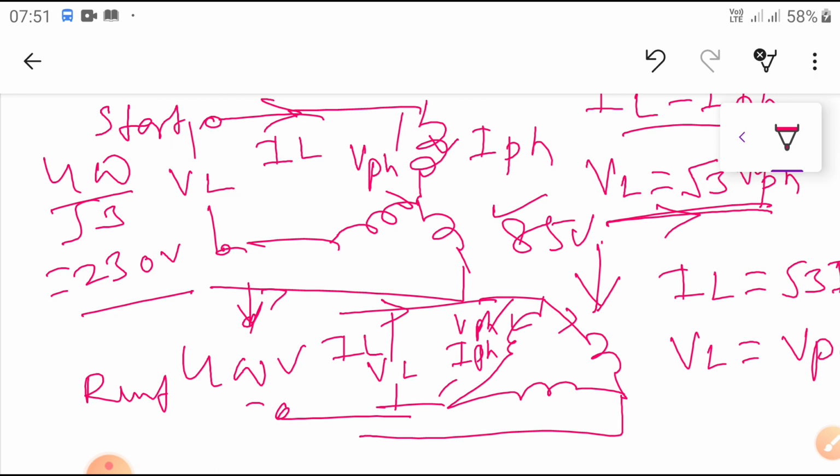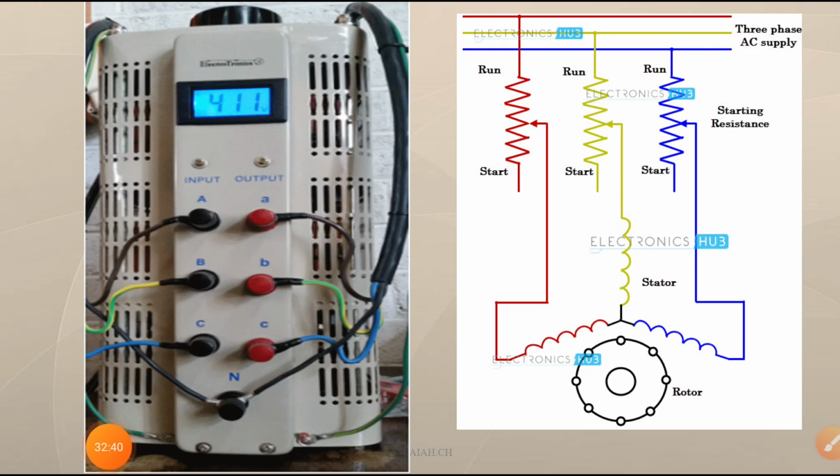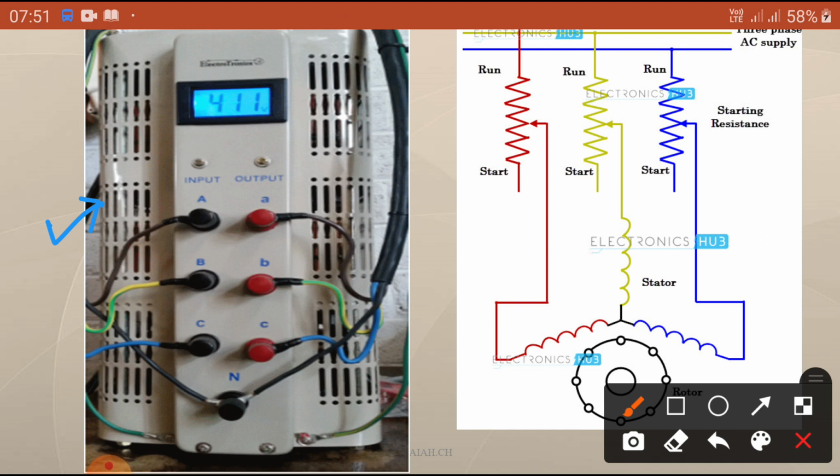Let us see the circuit diagrams in detail in PowerPoint. Okay, dear students, you can see this is the practical circuit diagram. This is a practical variac, the latest variac. Normally, as we have seen, this is the input side and this is the output side. Here you can see the R, Y, B input: this is the R phase, Y phase and B phase input, and these are the output terminals. This is a common neutral. By changing the variac terminals here, we can see the voltage from the input to the output side.